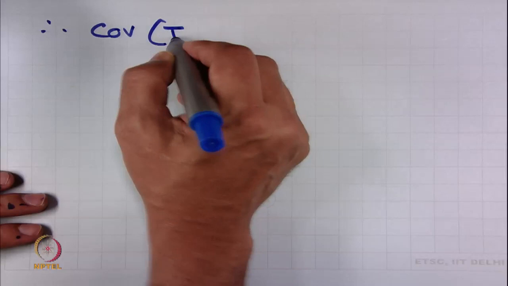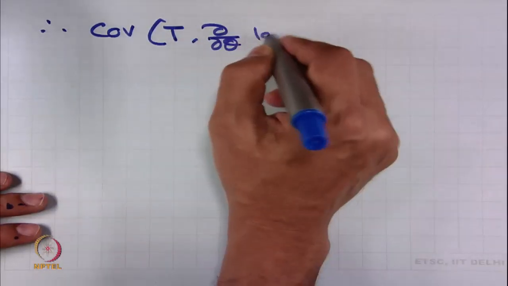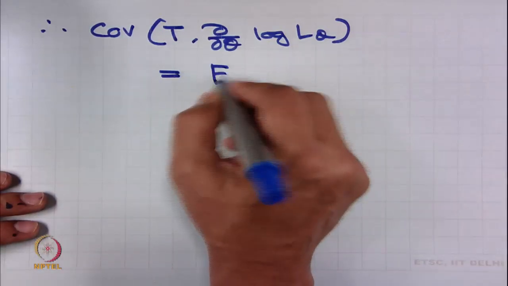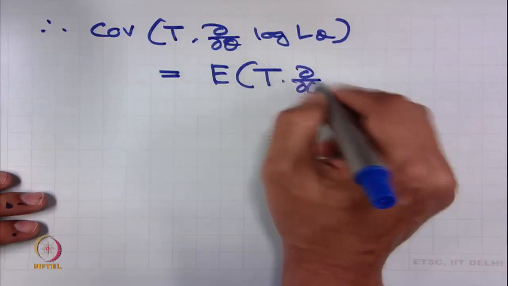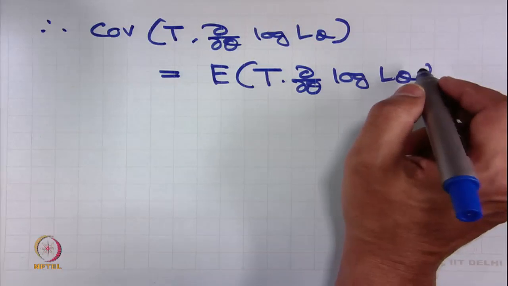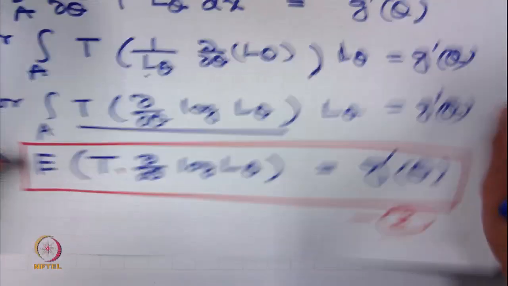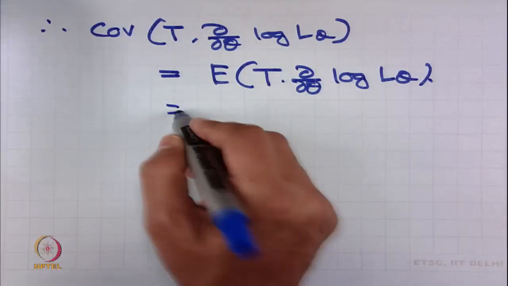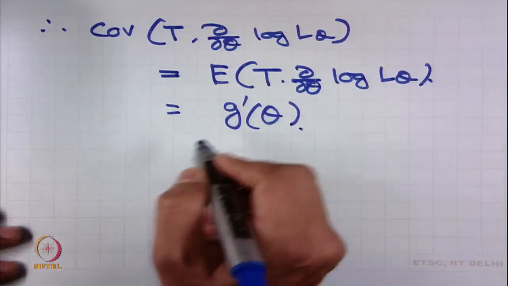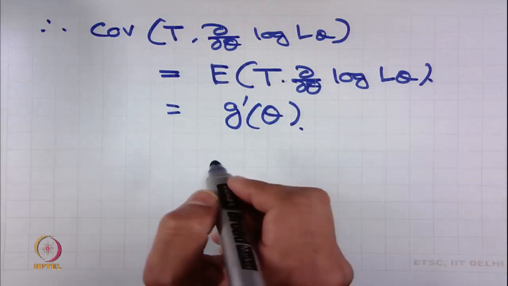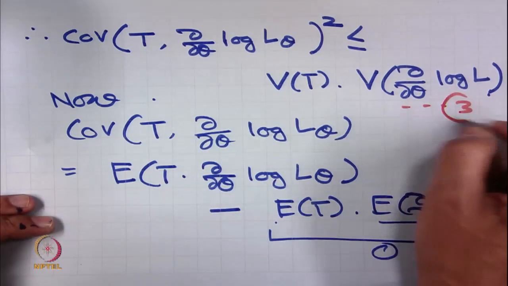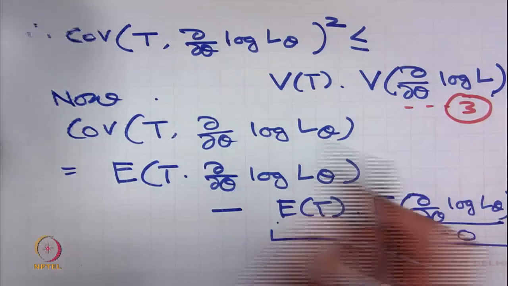Therefore, we are left with covariance between t and del del theta log L theta is equal to expected value of t del del theta log L theta, which we have found is equal to g prime theta. Therefore, this is equal to g prime theta. Now, let us look at this. Let me call it 3. Therefore, by putting the value g prime theta here,